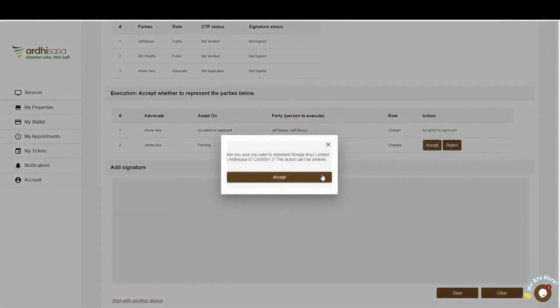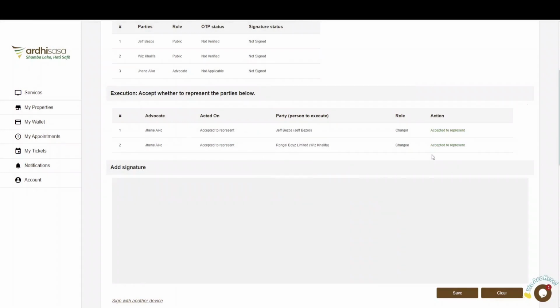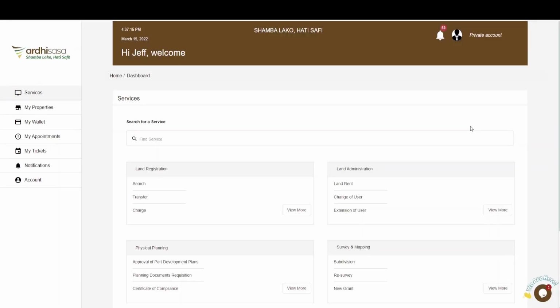Once you have accepted or executed on this, you can proceed and append your signature as an advocate. However, in our case, the advocate will hold out on appending his or her signature until the parties involved have verified and signed on the application. It is key to note that the advocate must be in communication with the parties involved throughout the verification process for ease of operations. As such, once any of the parties has logged in, he or she will navigate to